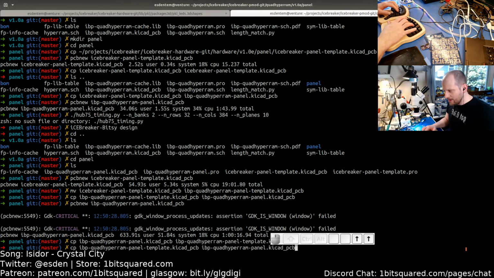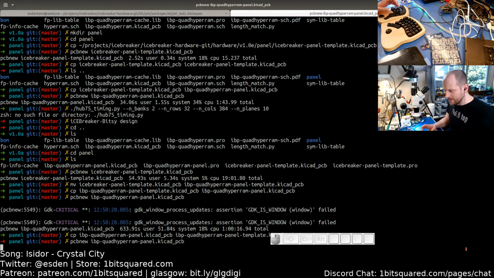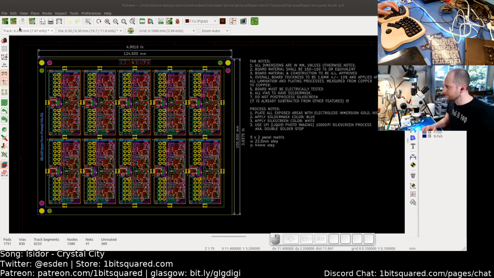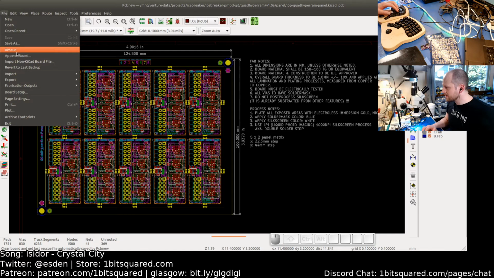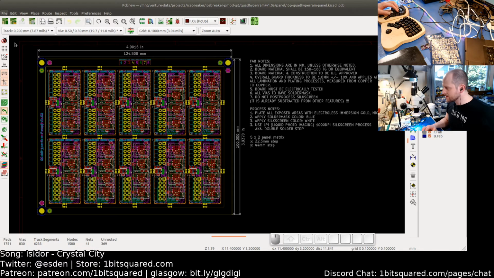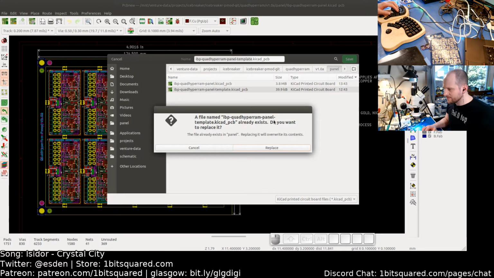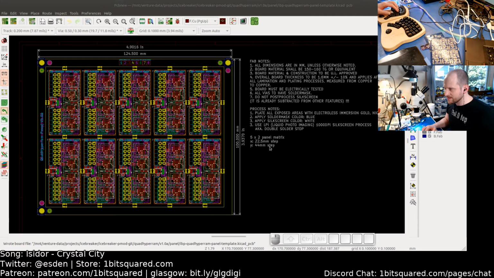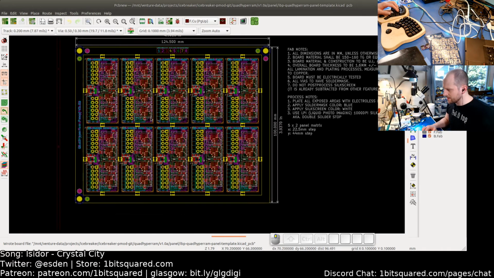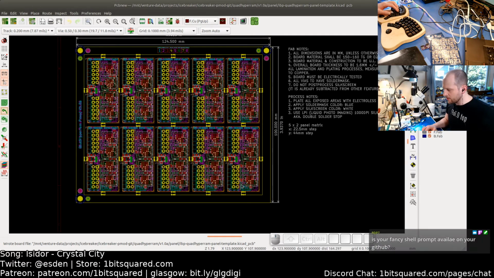Alternative would be probably safer, where I just open this file, and then do save as, correct? That's probably safer. Save as, template, save, replace. And now we have template here. So now I'm editing the template. And all I need to do